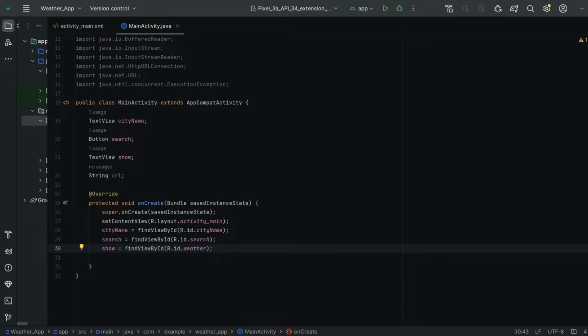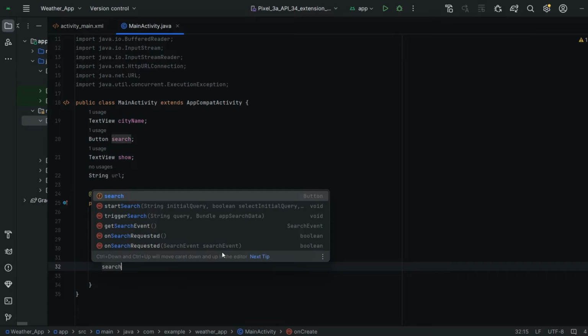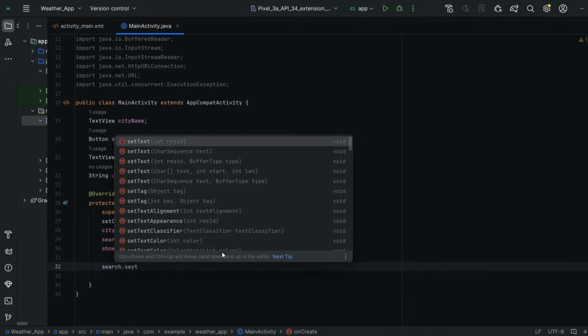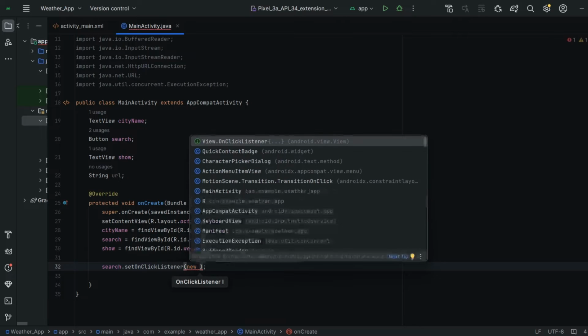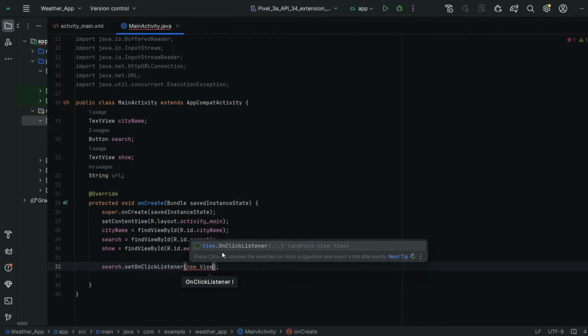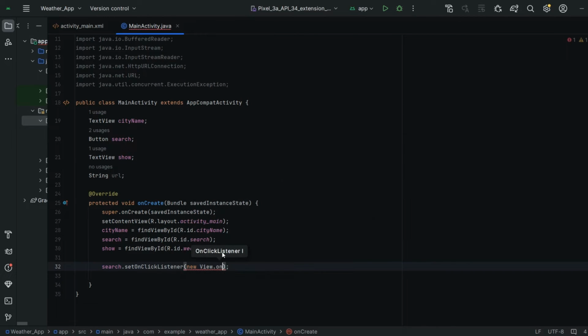Next I am going to create an on click listener for our search button. search dot setOnClickListener. Here I am going to create a new View dot OnClickListener.